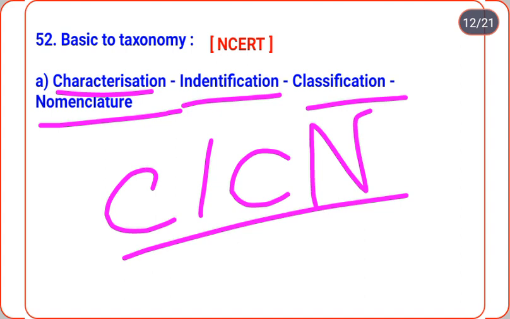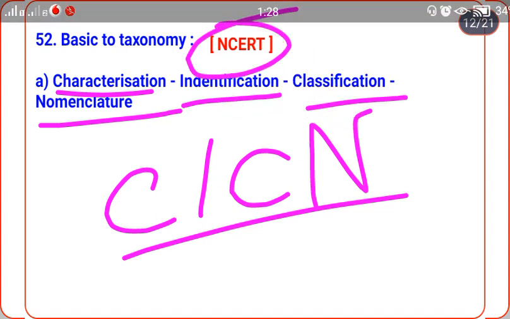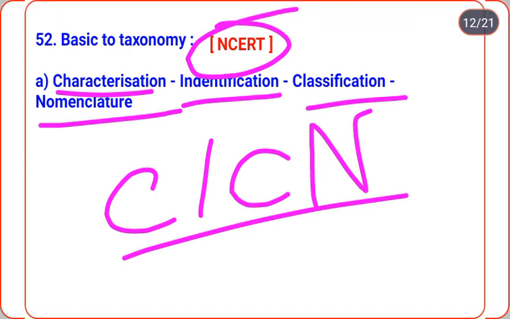So basic to taxonomy is characterization, identification, classification and nomenclature. Okay, remember it from the NCERT book. And next,